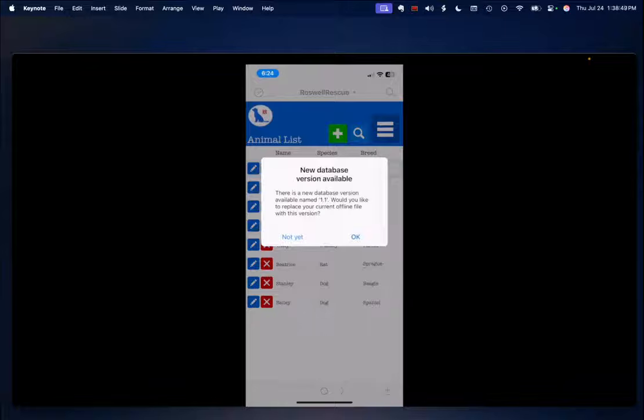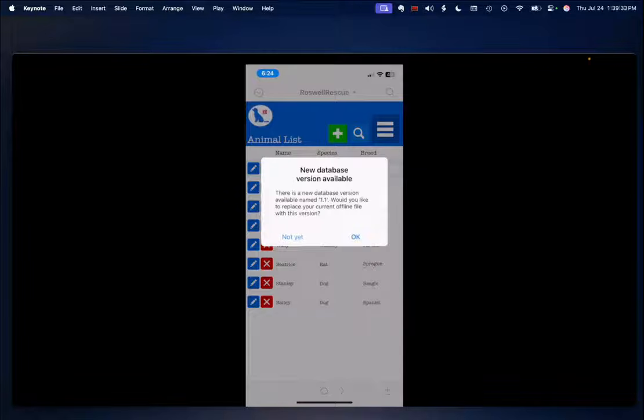There's a database version available named 1.1. If you've used MirrorSync 6 and earlier, you've probably seen the screen before, but I can guarantee you've never seen it on an iOS bundled application, at least not with MirrorSync, because we were not able to do this previously. And the key here again is that launcher file, because the problem that we ran into with MirrorSync 6 and deployed applications with iOS is that when you close the main solution file, it exits the application. By making the launcher file the main file, we never close the launcher file, and the launcher file is able to do all the work of closing your old copy of the solution, replacing it with the newer version, opening it back up,